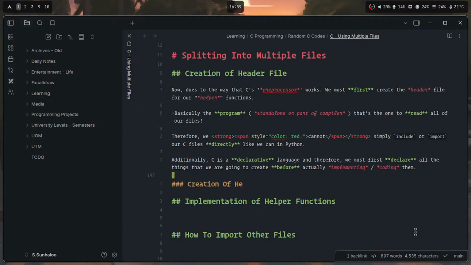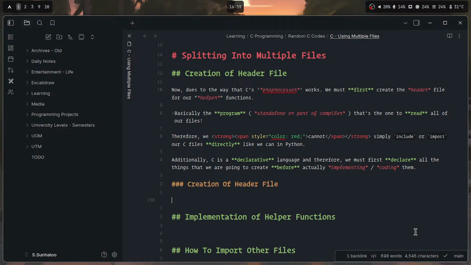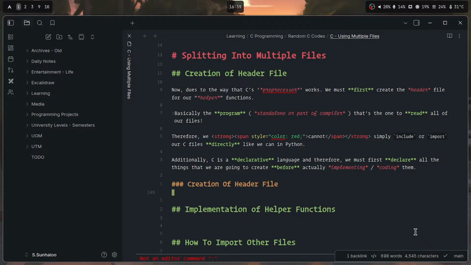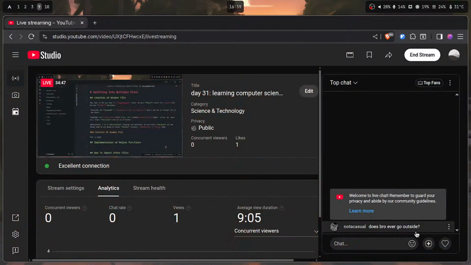Yeah, so creation of the header file. This is what our, so let me first do it first, and let's do something like